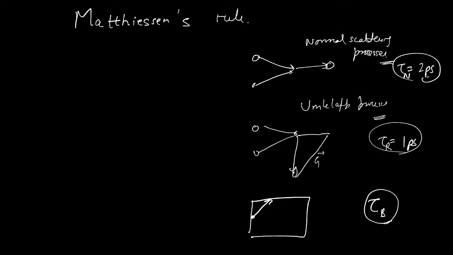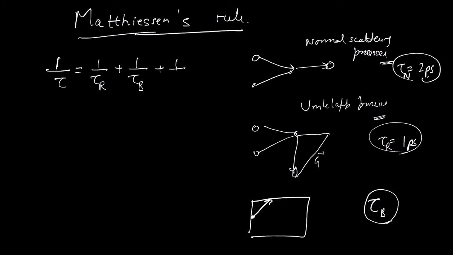Of course, when we are doing simulations, it's very hard to treat all of them independently, especially in the thermal wave model. So we have to come up with a single tau. How we reach a single tau is given by Matthiessen's rule, which is 1 over tau equal to 1 over tau r plus 1 over tau b plus 1 over tau n. So tau n is the normal processes, tau b the boundary processes, and tau r the relaxation processes. We inversely add them together and give rise to 1 over total tau.